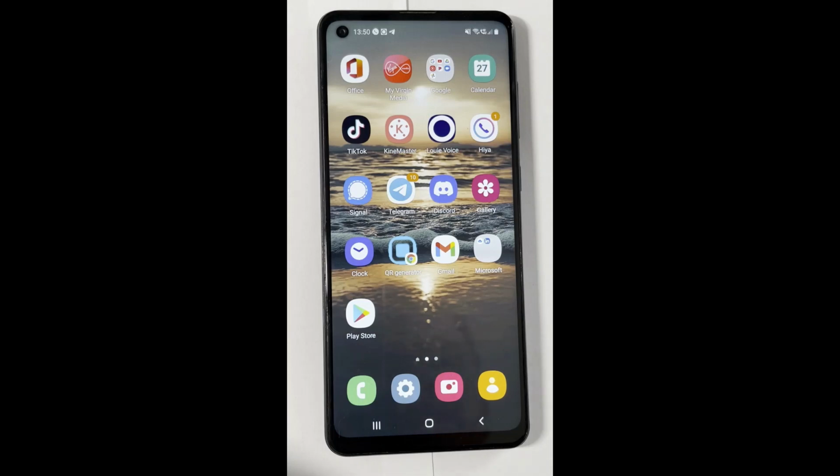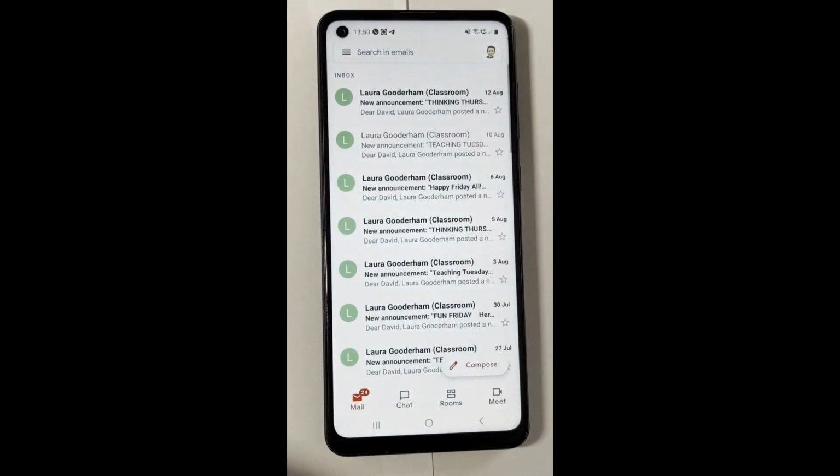So first of all, you need to tap on the Gmail app icon, which is this one here. So we tap on that. And first of all, we're going to look at sending an email. So if we're sending a new email, what we do is we just look for this compose, we tap on that,